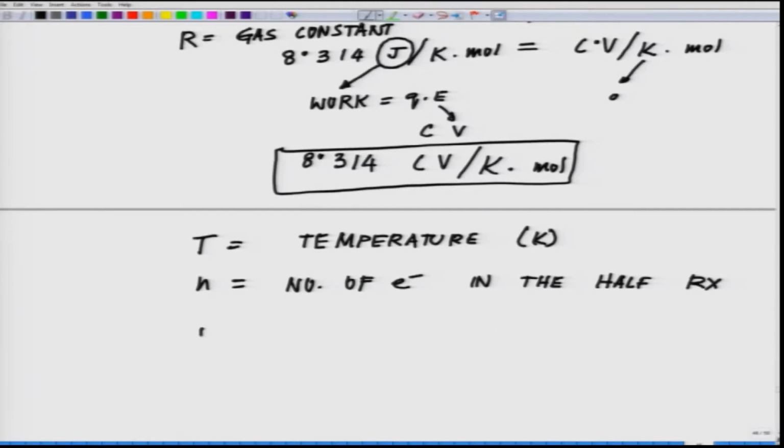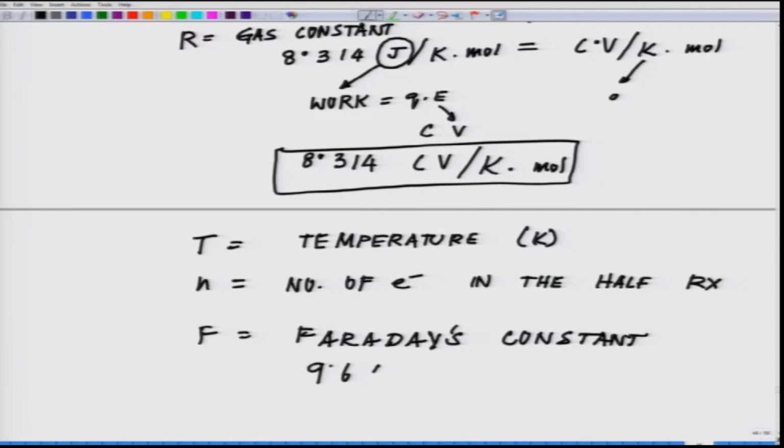Then F is equal to Faraday's constant, which is 9.649 into 10 to the power 4 coulombs per mole,